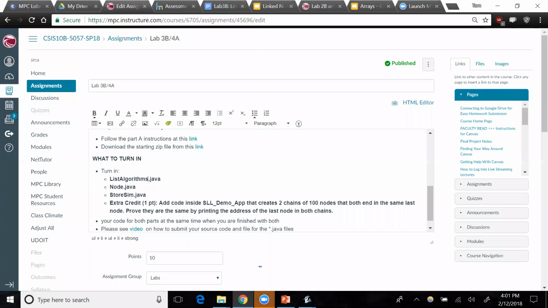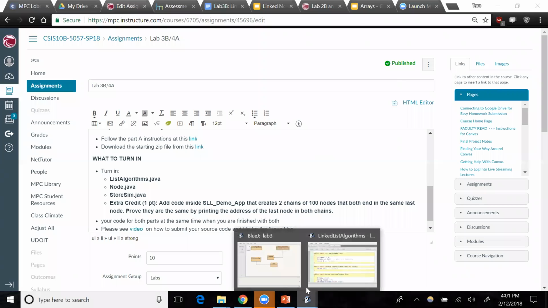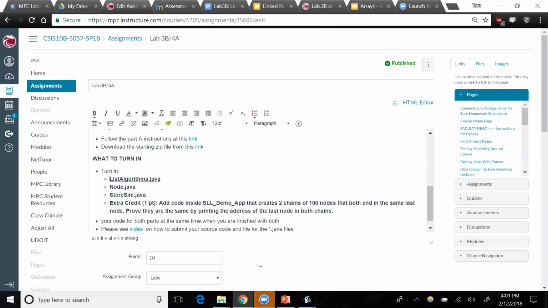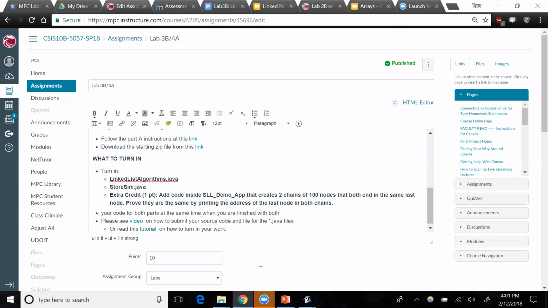So you're going to just turn in the list algorithms.java file, or linked list algorithms, sorry. You don't need to turn in node.java. Storesim.java is going to be done on Wednesday. And then I had this funny,